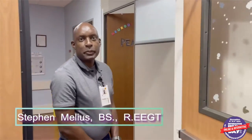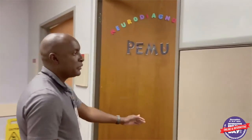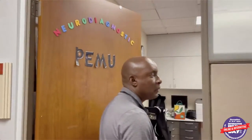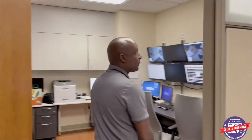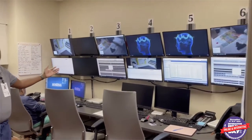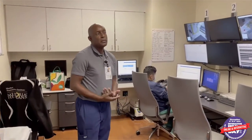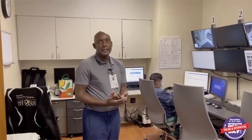Welcome to the pediatric EMU monitoring room. In this room is where we monitor all of our patients who are on EEG. We have 6 pediatric EMU rooms. This is where we monitor all of our patients. Also, we are able to monitor patients who are in the ICU, as well as on the other floors of the